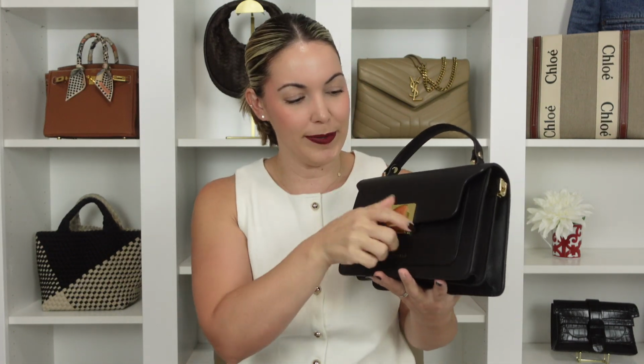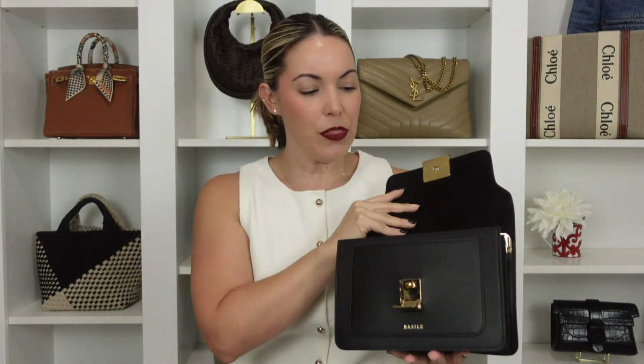She is a little bit, you know, stuffed. You can definitely remove a couple of things here and there. You could maybe go for a smaller pouch if you wanted to, but if you needed to carry those essentials, they all fit in here very comfortably. It all depends on your personal preference as to weight. For me, it's not an uncomfortable weight, but of course there are things inside, so obviously it is going to weigh a little bit more. Now let's head on over to Basile's Le Petit Apollon,